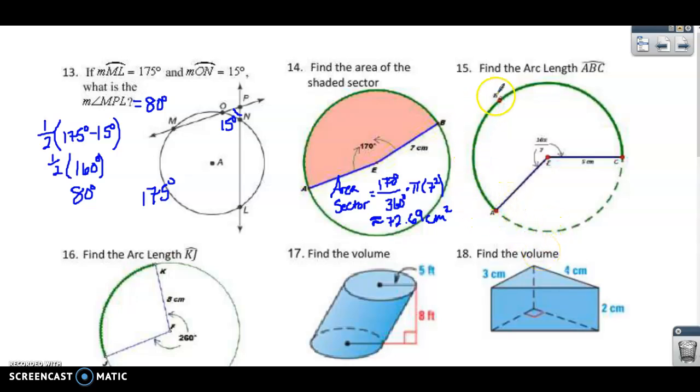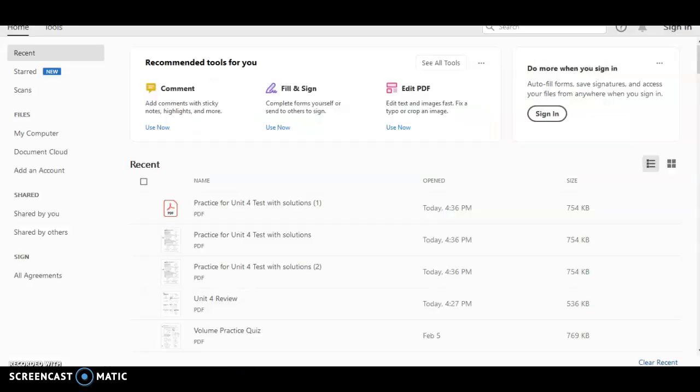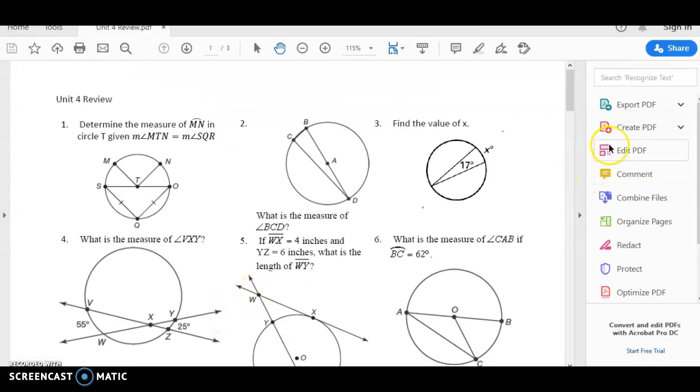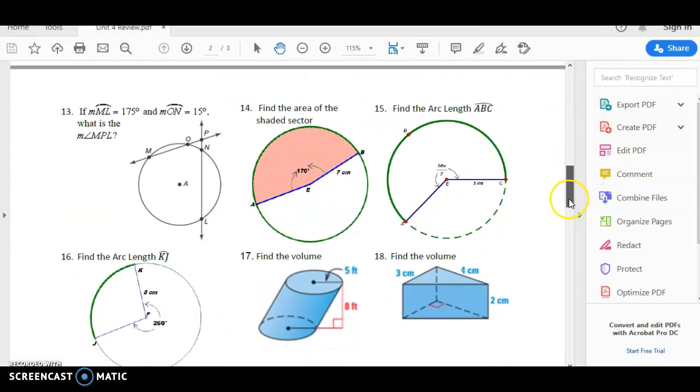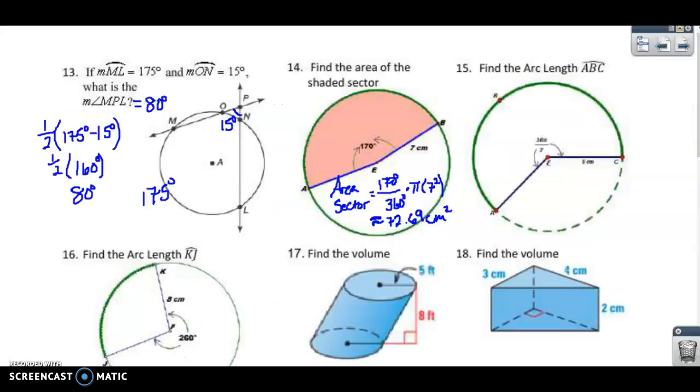Find the arc length of arc ABC. So they want this major arc here in green. Okay. Trying to read this here. My copy's not very good. I don't think I have a copy here. Actually, I do. Let's see if I can double click that and see that a little bit better. 10 pi over 7. Okay. When I imported it, it was a little blurry. So this is 10 pi over 7, and my radius is 5 centimeters. So what's that arc length? Well, that arc length, of